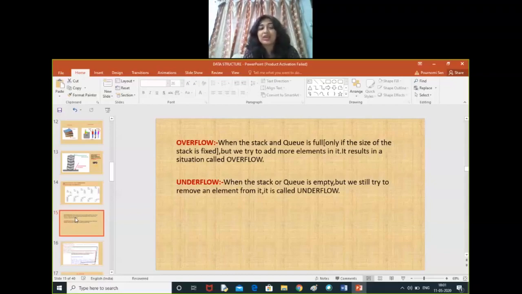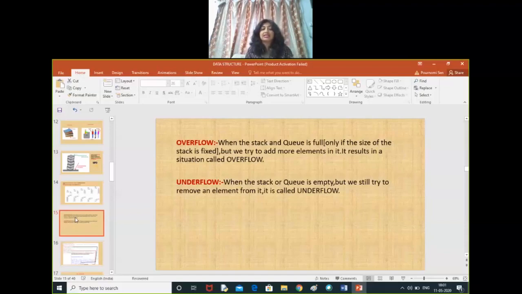Now in Python, we are discussing stack. Stack is implemented by a list, because a stack is always a one-way data structure. Whenever elements are inserted in a stack, they are added at the end. If we use the append function in a list, elements are added at the end. So we'll use the append function for the push operation. Similarly, the last inserted element will always be popped, so we'll use the pop function in a list.